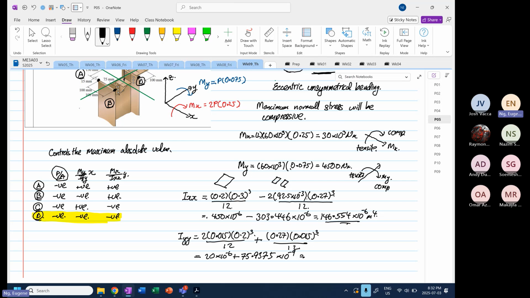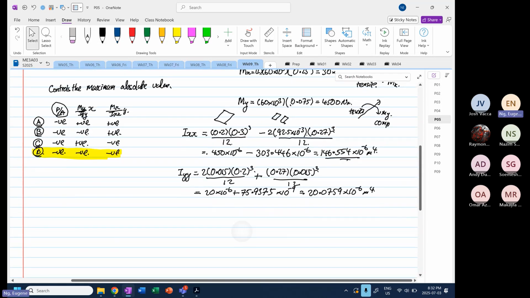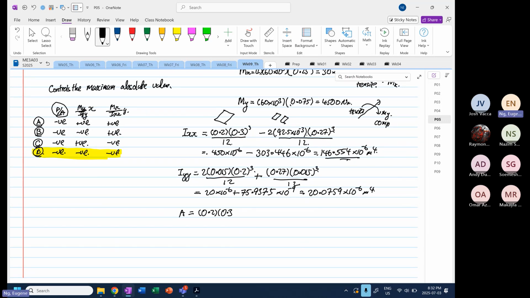Plus 75.9375 to the power minus 9 is equal to 20.07 times 10 to the power minus 6 meter 4. And the last thing is your cross-sectional area. So it's equal to 0.2 times 0.3 minus twice 92.5